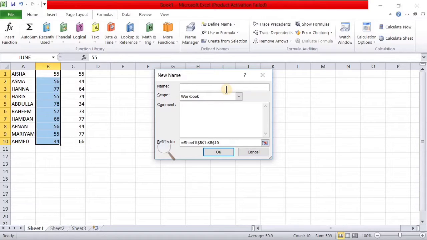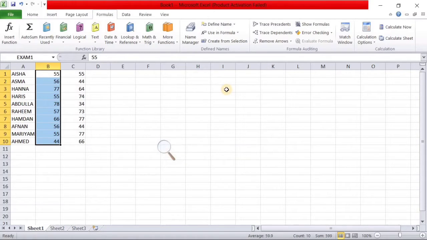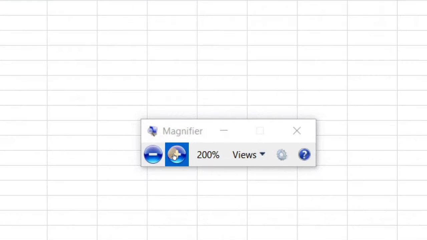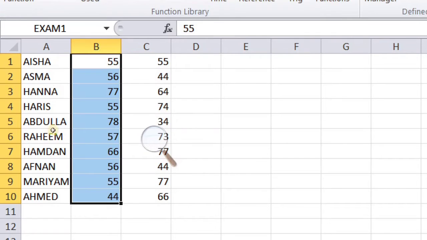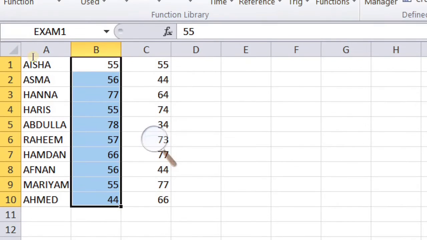I am giving Exam1. Click Enter, and in the Name Box Exam1 appears. For this selected range, the name has changed to Exam1.